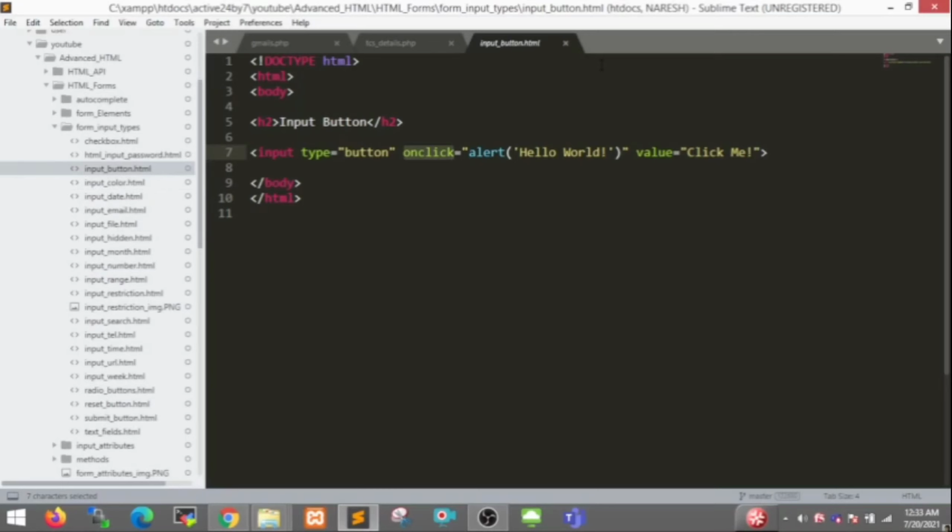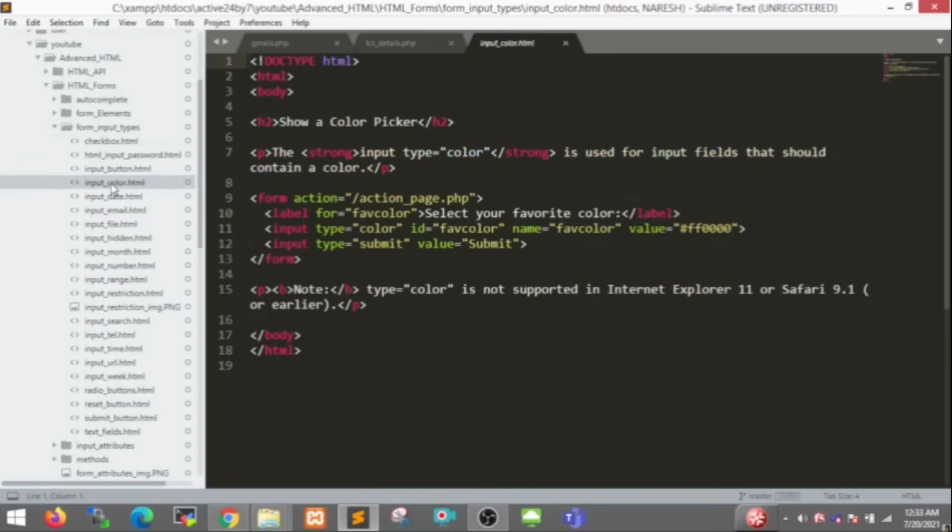Next one is input color. You can use this to give a color to the input. For example, I created one form and a label, select your favorite color, and input type equal to color, id fav color and name fav color, with a default value given. After that, submit the form.